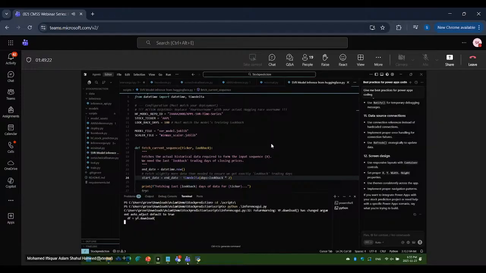Here there's something called Hugging Face. Maybe I can do one more session on those things. Hugging Face is kind of a place where you can develop your model and store it there. Whoever needs it can just download it from Hugging Face and use that model.